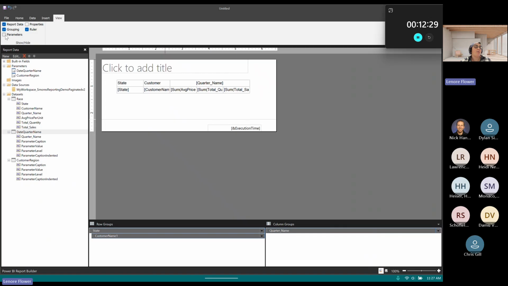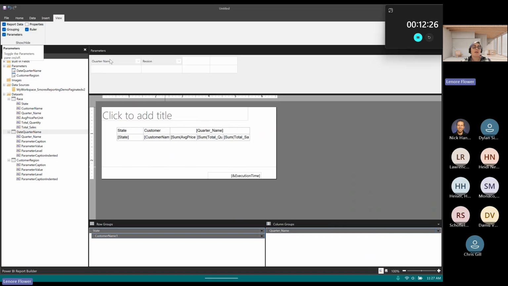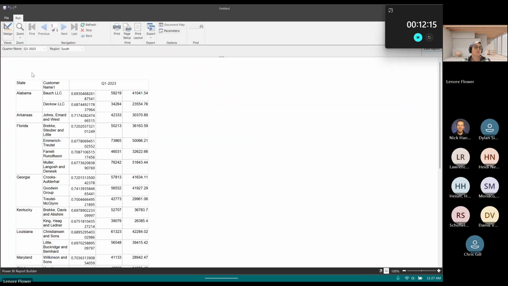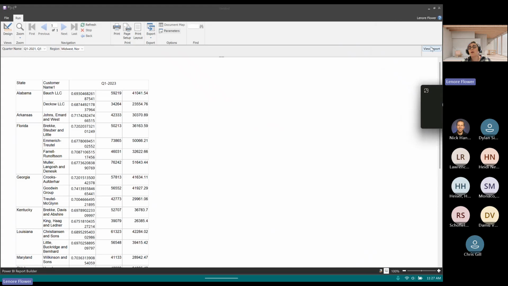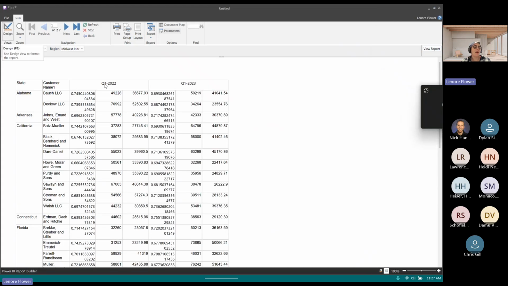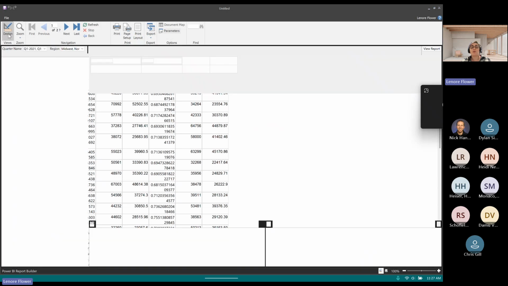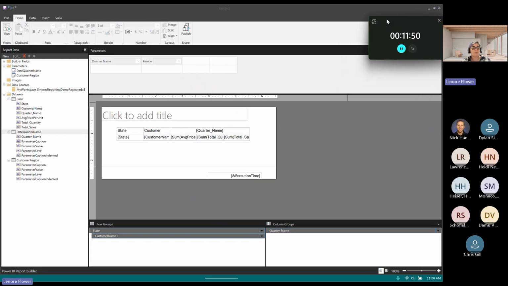We can also see in our basic report building area that two parameters have been placed automatically in the upper left of our report. If we go back to our report, we can see now that default of Q1 and that region default of South that I just arbitrarily chose, they're both here, but I have the ability to select all, select more, or remove the selection I made. And then up here, I'm going to view the report. And now I have just the selections. So we're starting to get that functionality that we need, which is really good.